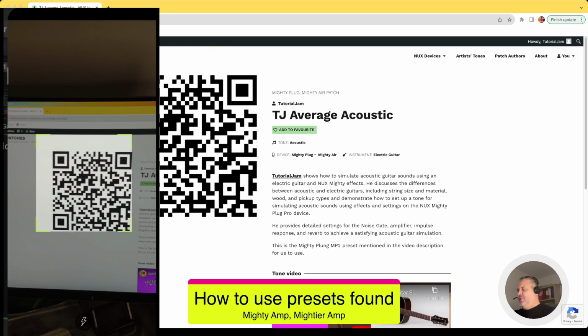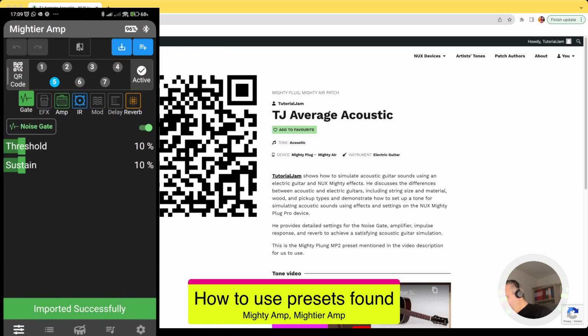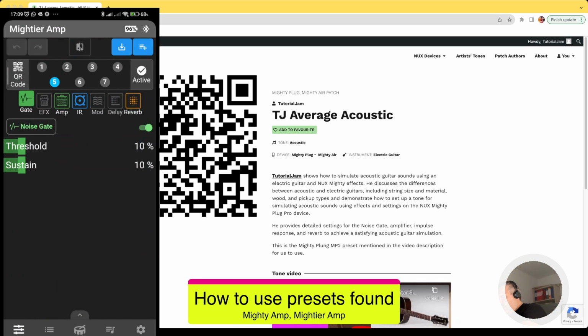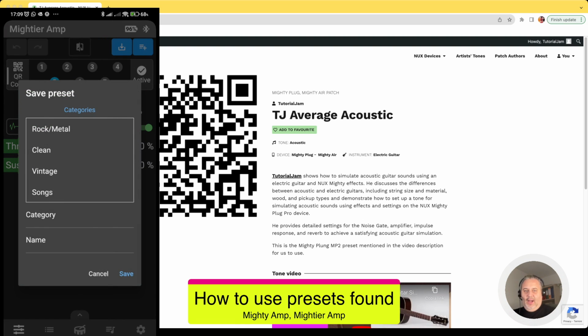I can put it in my screen, it is imported, but then I can save it. That's something it's possible to do here. I can categorize it as per website, and I can create a big library within the application. You know that there is a specific video in my channel explaining how to do this with this